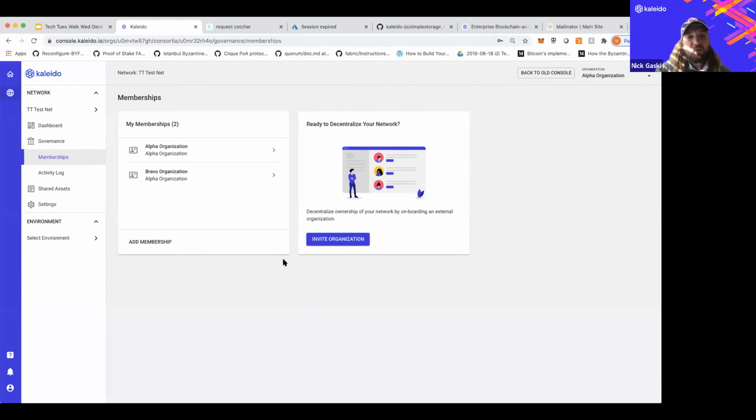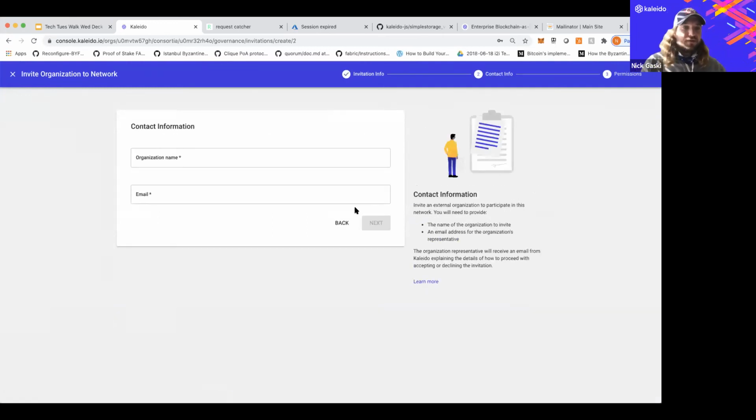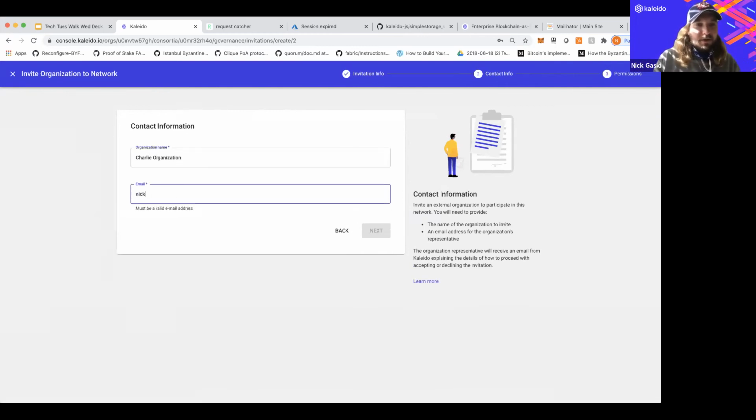These are also going to work hand in hand with the decentralization approach. And we've backed this with simple APIs, as I mentioned, and also with a really simple, intuitive email member onboarding experience. So I'll show you how that looks, and I'll actually issue a real invitation and show you how easy it would be to accept or decline that invitation inside the network. So I'm going to invite a Charlie organization. We have an alpha and a bravo, and I'm going to send it to a little dummy email that I created.